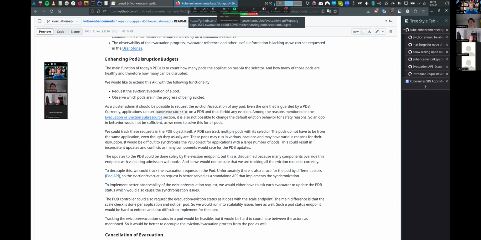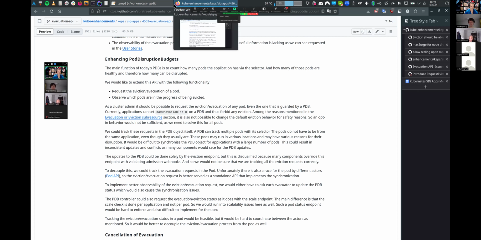But how do we want to solve the use case, for example, with single replica applications, or the requests where people are complaining that, for example, the deployments have a max surge field and they know that the deployment is able to outscale, but that would be during the drain?